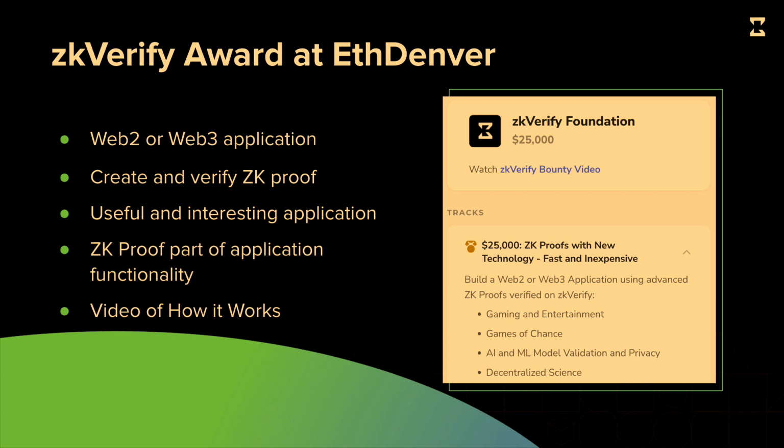We want you all to build a Web2 or a Web3 application that creates and verifies a ZK proof. It's got to be useful and interesting. I mean, it can be crazy and non-useful. We were talking to a group that was proving how big of a fish you catch in a legal area. I thought that was a really cool idea. It doesn't need to be a serious idea. It doesn't need to be infrastructure like rollup as a service or anything like that. It can be just a fun end-user app.